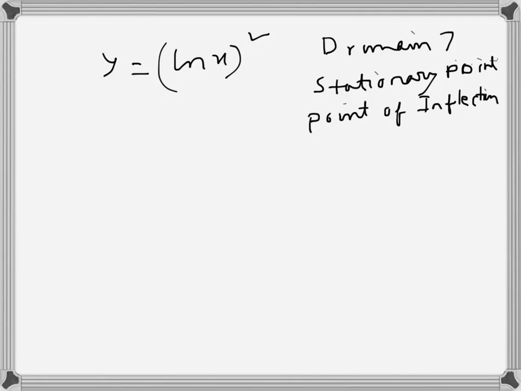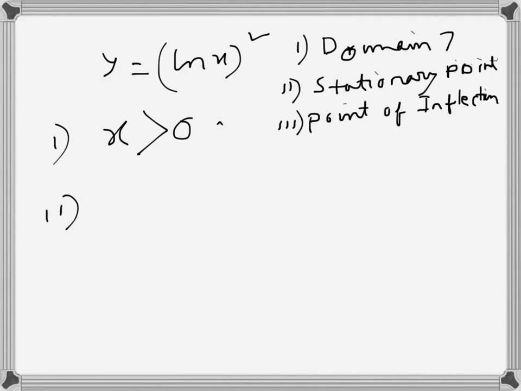So for this function we have to first say what is the domain. Since this is ln x, x cannot be 0 or negative, so the domain is x is greater than 0. That's the domain there. Then the stationary point: in order to find the stationary point we should find the first derivative,